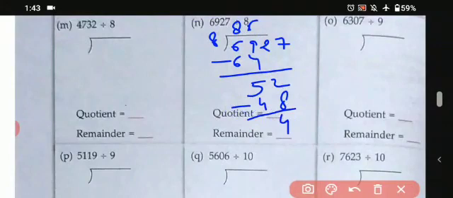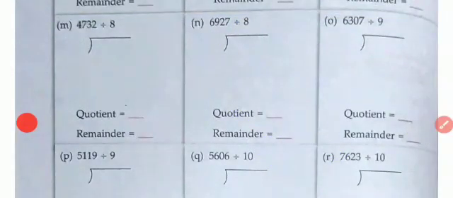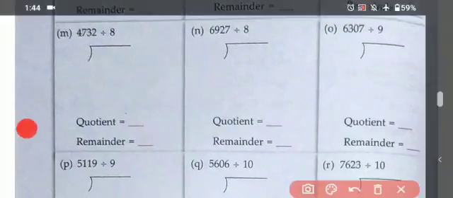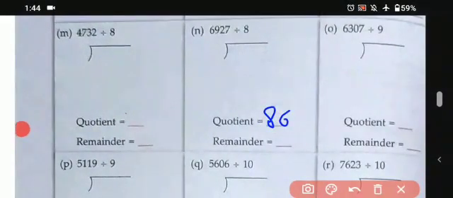The remaining digit, that is 7, will come down, and that is 47. 47 doesn't come in the 8 table. We find the smaller multiple, that is 40. 8 5s are 40. So 47 minus 40 comes 7. So we will be writing like this: 865 is the quotient, and the remainder is